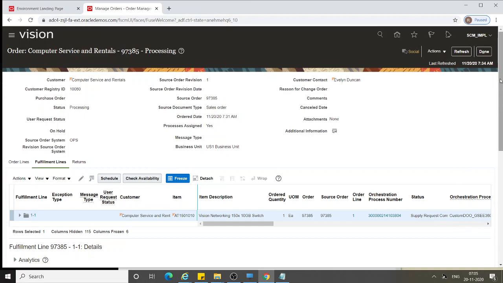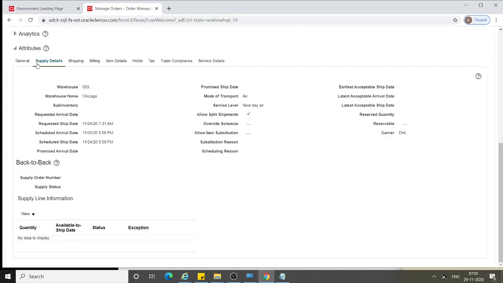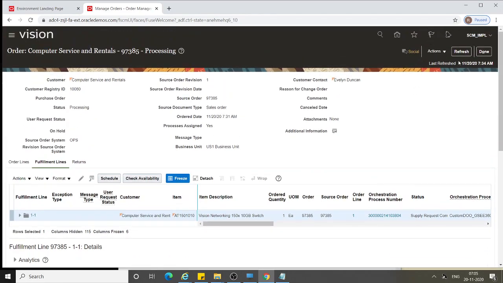Scroll down, and under the supply details, the system has derived the warehouse as 003 by using the global rules which you have set up in the system. Since this is a back-to-back sales order, this section got displayed here, and the supply order number is yet to be generated.